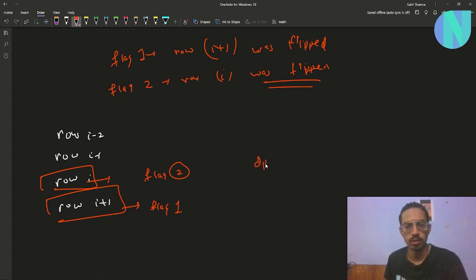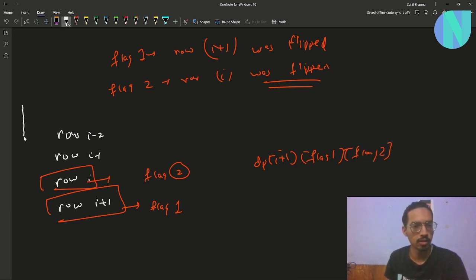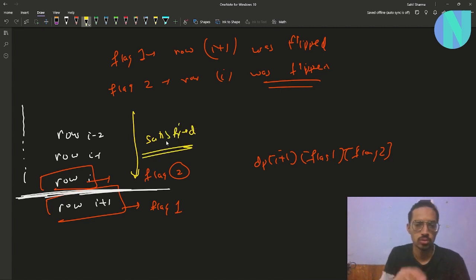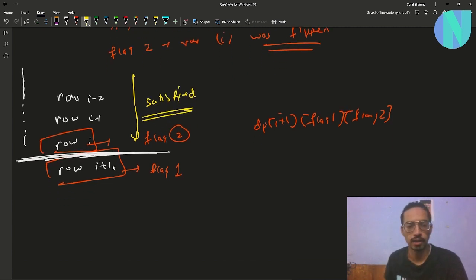And my dp of i plus 1, flag 1 and flag 2 will tell me the minimum number of moves that are required to make all the rows up to this point satisfied, right? So that will be my dp state,